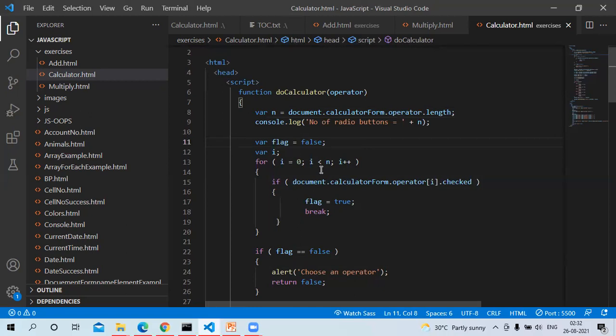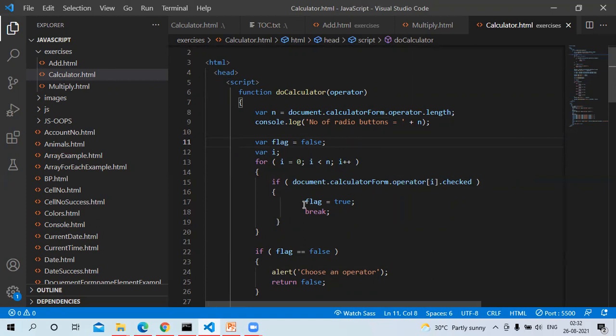So we are having a flag here called as false, and I'm having a variable called as I. Using a for loop, we are checking here if document.calculator.form.operator of I dot checked. That means we are checking whether the first radio button is checked or not. Next, inside a loop, we are checking whether the second radio button is checked or not. Third radio button is checked or not. Like that, we go on checking all the 5 radio buttons whether it is checked or not.